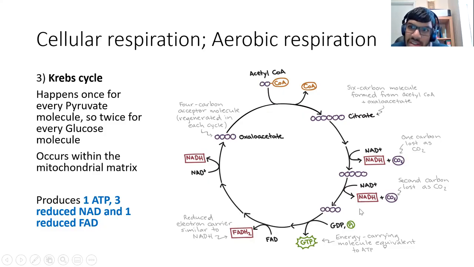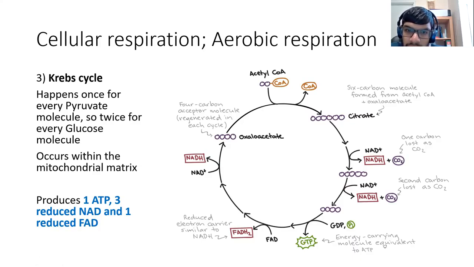We're going to use this in the final step of this process. All these NADH and FADH that we've accumulated, we're going to use in the final process. And it's also decarboxylated, forming a 4 carbon compound. Then this forms GDP and Pi, and as you know, substrate level phosphorylation occurs again, and this forms GTP, which is an energy carrying molecule